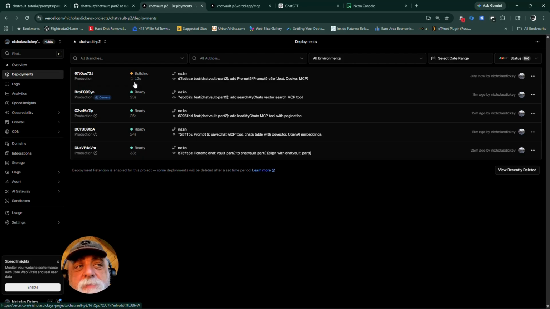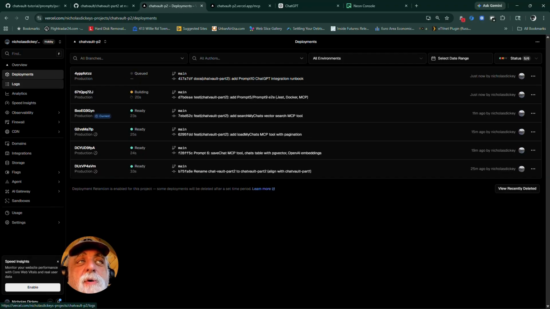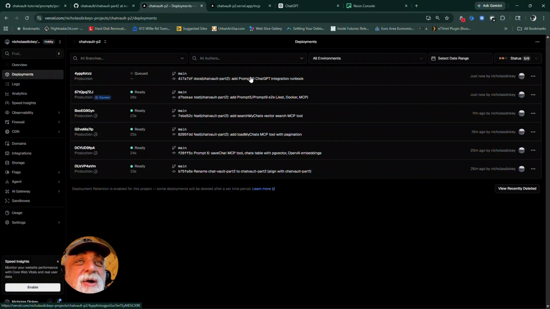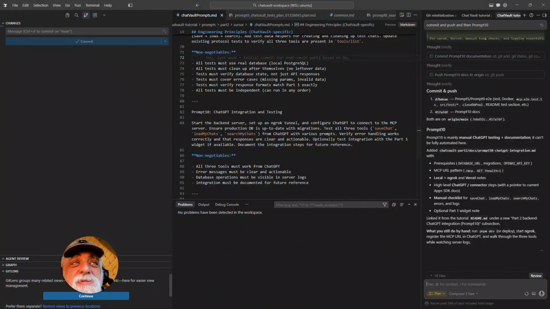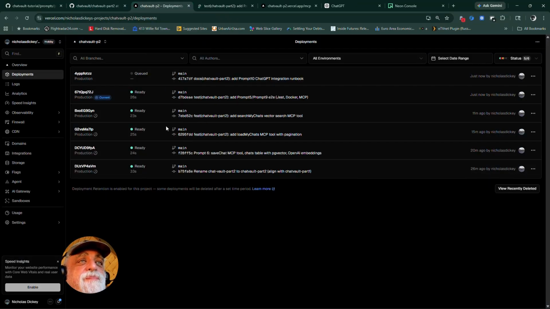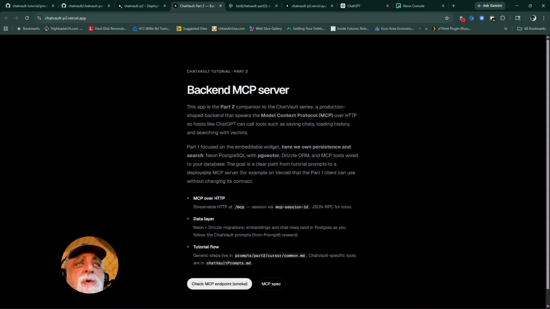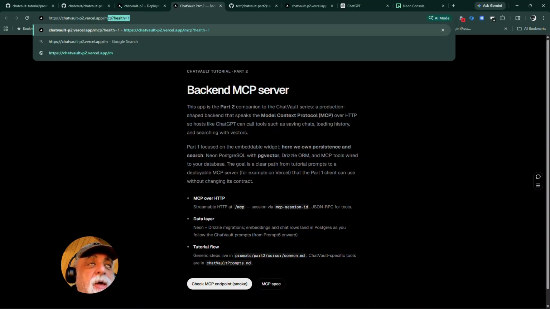We don't have any API key for this MCP server. It's wide open to the world for now. We'll secure it in part 4 of our tutorial. I don't know why it needs 2 builds. Runbook, integration runbook. So it committed twice, so there'll be 2 builds. Doesn't really matter. We can go into this deployment, previous one, because this is the API, right? The URI, MCP,